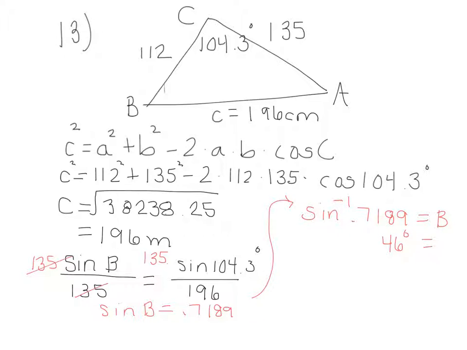Now that I know angle B is 46 degrees, I can find how much remains for angle C by taking 180 minus the sum of the angles I know. Well, 104.3 plus 46 is about 150.3. When I subtract that from 180, I find that angle C must be,